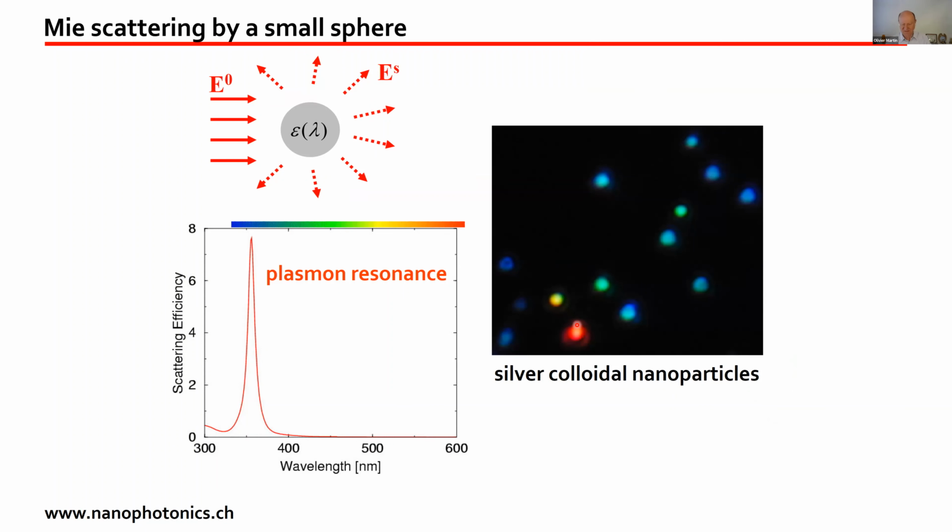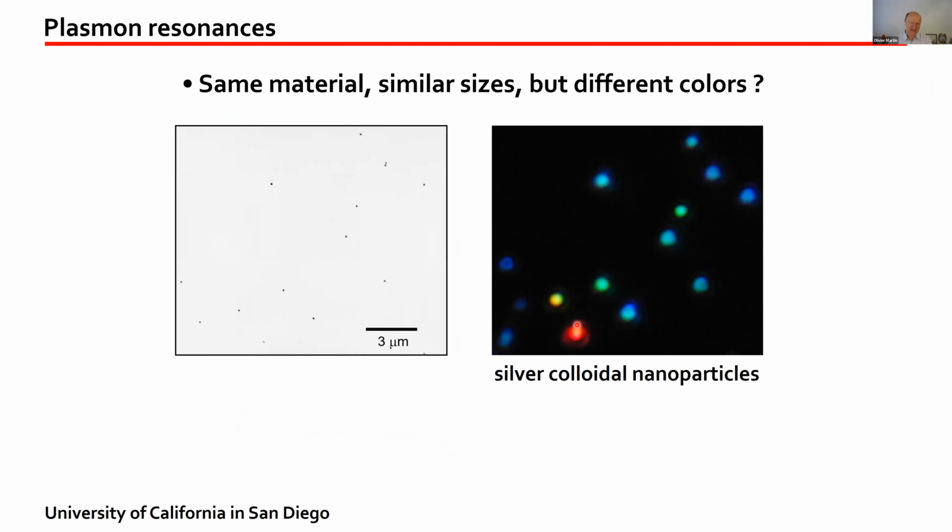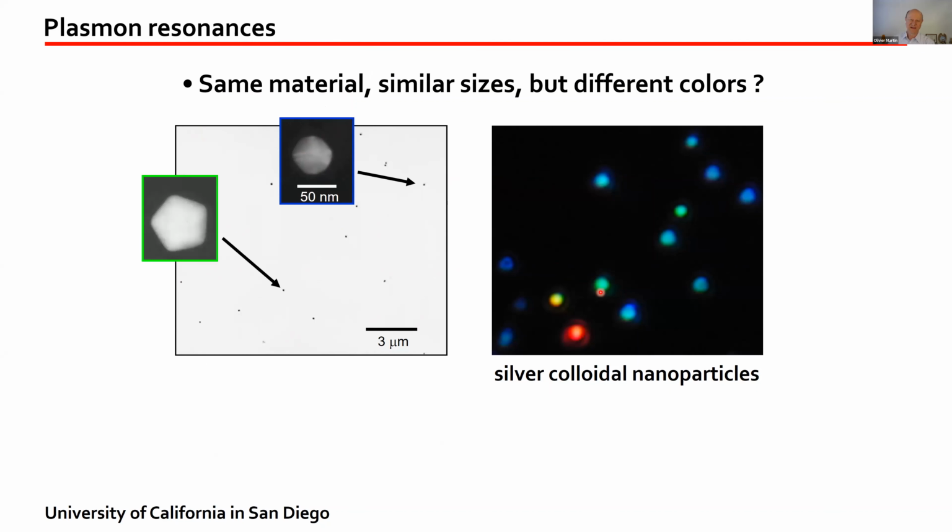Actually, about 15 years ago, when I started working on that topic, we didn't quite understand what was going on. I was then at UCSD, and there was an amazing technician, Jack Mock, who took the same sample and looked at it with electron microscopy. What he observed is that this particle, which is blue, is actually a nice round particle. So it fits well with our theory. But this one, which is green here, turns out to be actually like a pentagon. And this one, which is here red, is just like a triangle.